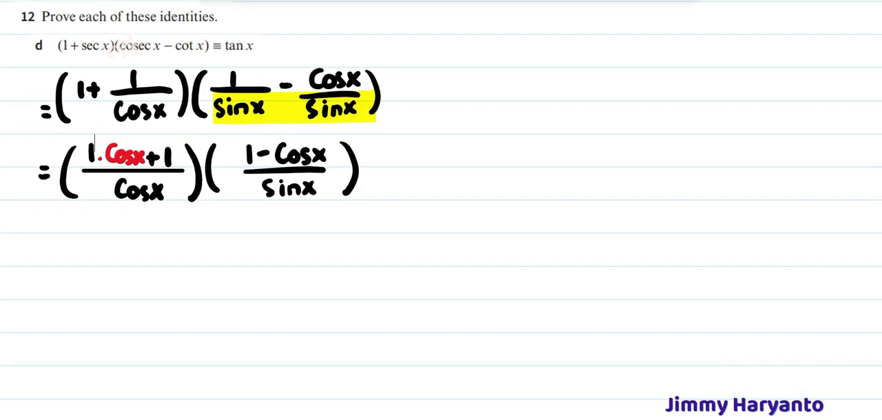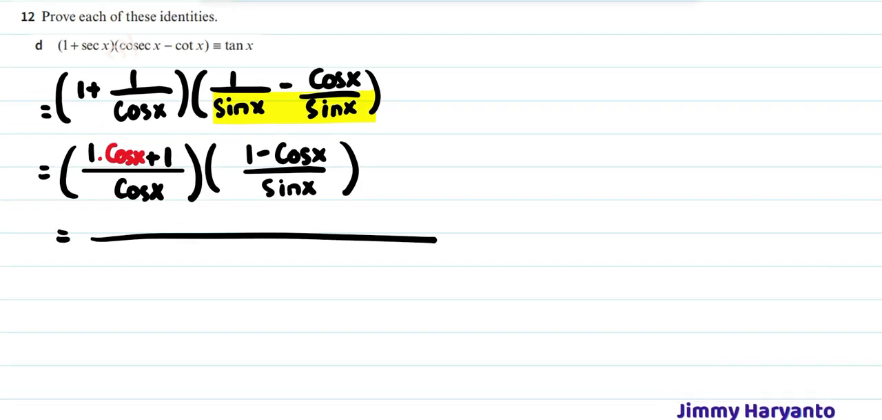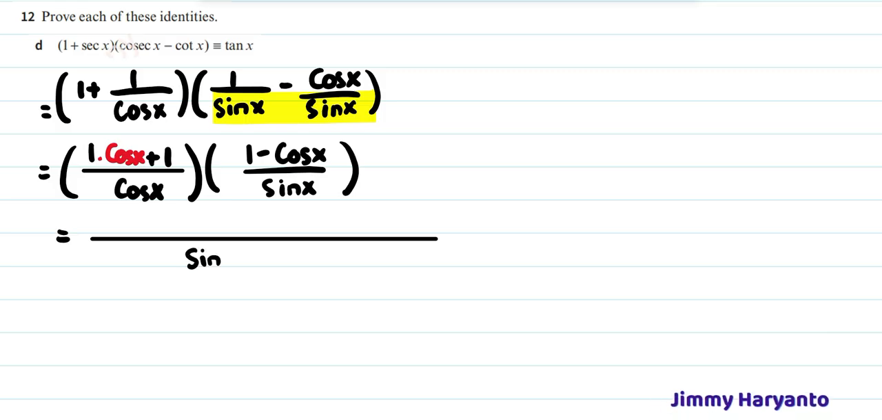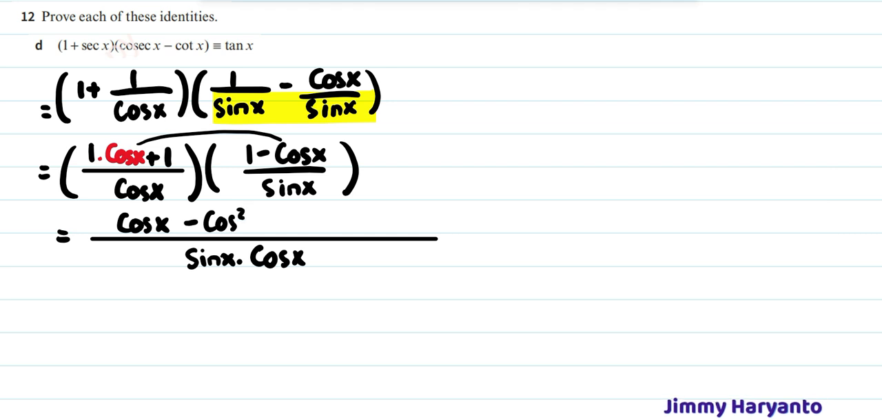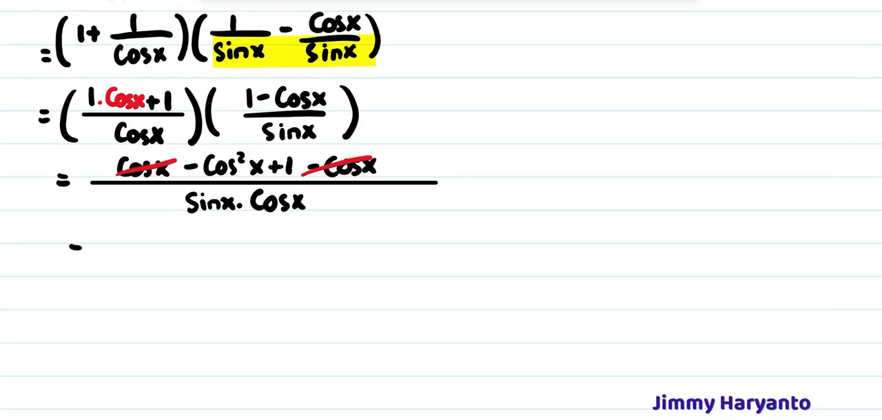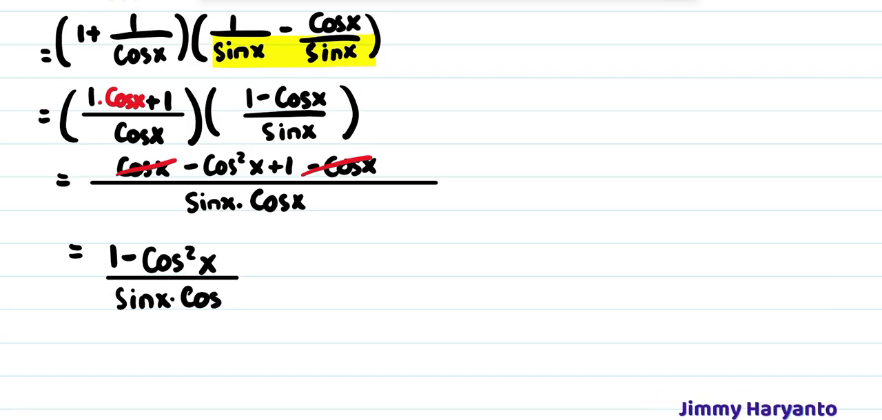And that also means we can combine them all together like this, just multiply it. So the bottom part will become sine x times cos x, the top part will be cos x right there, and then this one is negative cos square x, and then this one is plus 1, and then the last one is minus cos x. And then as you can see, we can cross out this one, cos x minus cos x equals 0, and then I will rearrange it like this, 1 minus cos square x over sine x times cos x, and